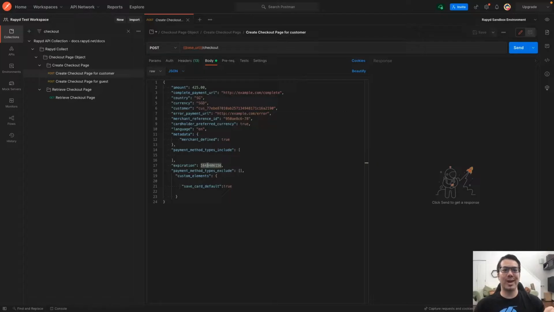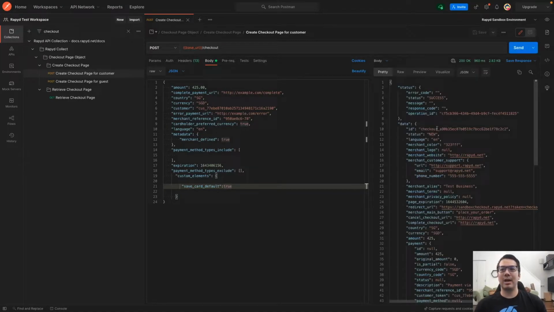Be sure to note the expiration date, the timestamp in Unix. I think I have it set for 24 hours for when the page expires, so the customer will need to complete that payment in that time. And of course, here is the custom elements object with save card default true. And so I'll send that,